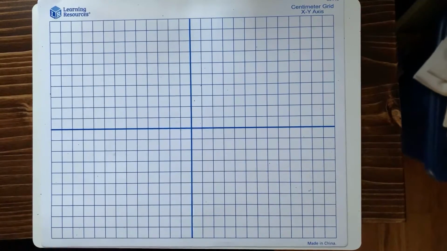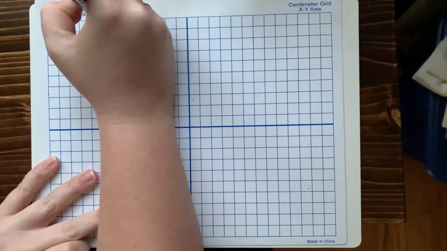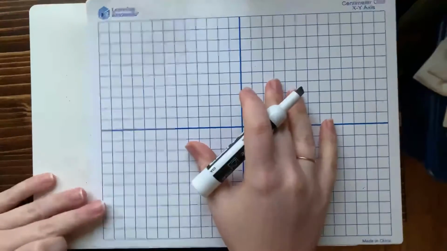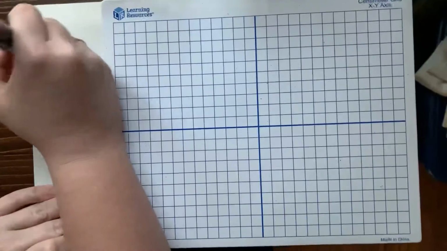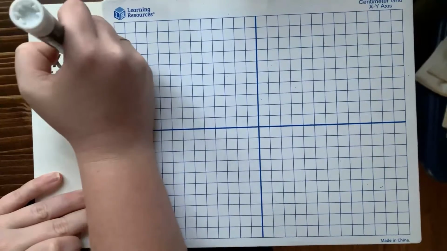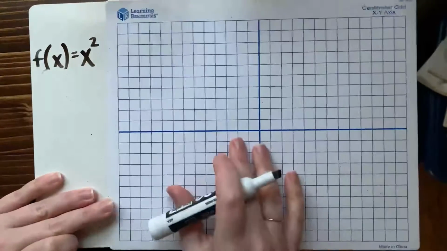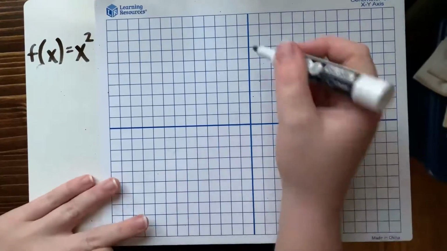So let's start with f of x equals x squared. Let's label these over here. This is our parent function for quadratic, f of x equals x squared. So we're going to put that on our